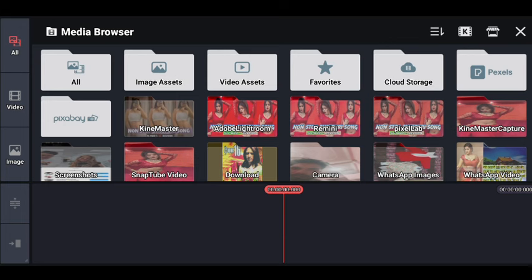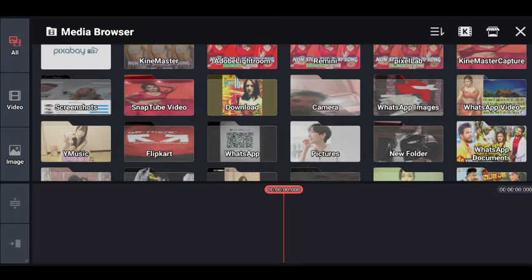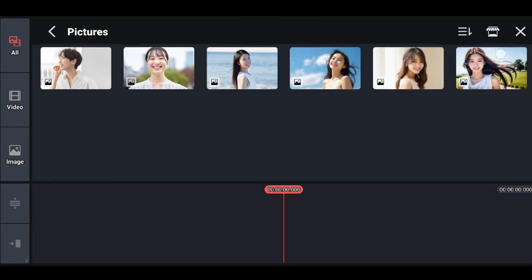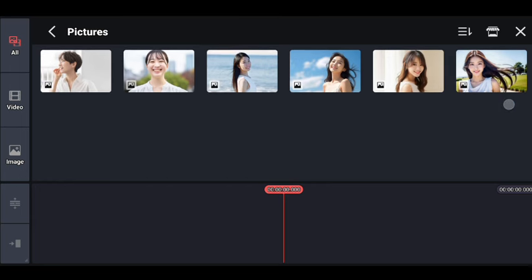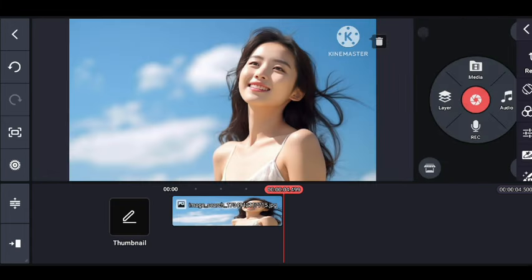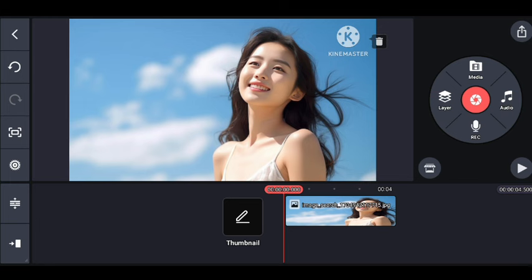First of all, open Kinemaster, then select photos in your galleries, then select pictures which you want to edit. So I am selecting this image and